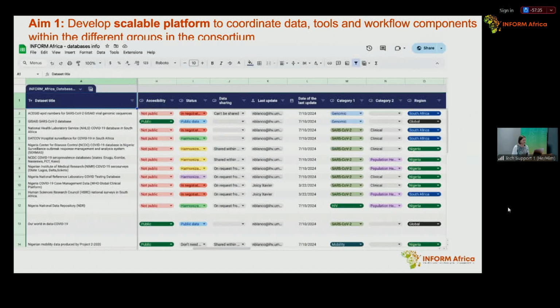So in our DMAC, we have this tracking database, which is to track all of the databases that we have. So this is to try and have an overall picture of where we are. So we track the